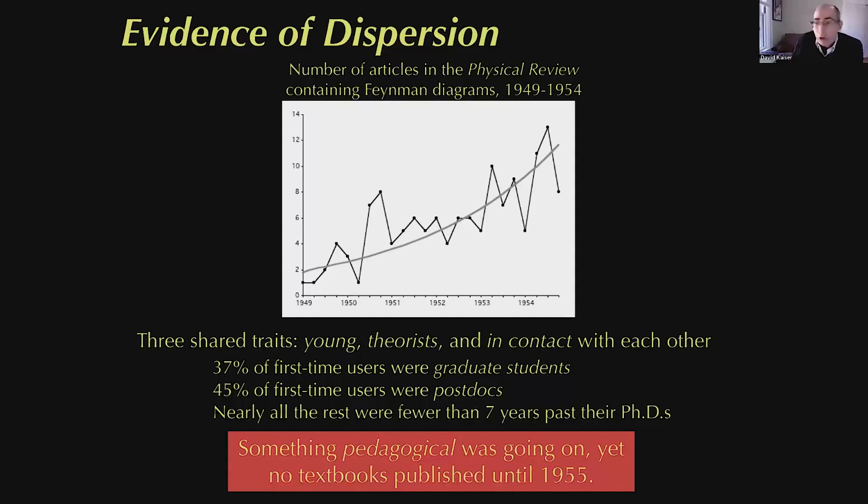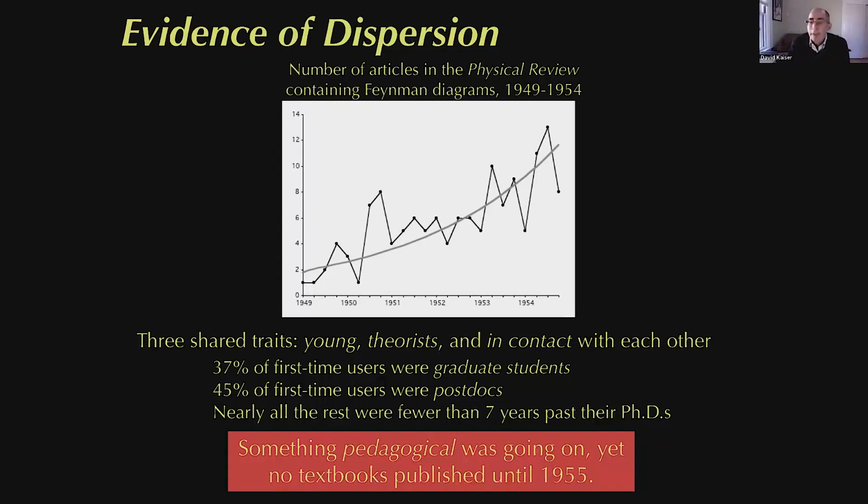So firsthand, they were all young in their careers, which is to say they were all either graduate students or postdocs, for the vast majority. A few of them were kind of assistant professors. They were all still fairly early in their training or careers. They were all theoretical physicists in this early period. Nowadays, these diagrams are just as ubiquitous among experimental physicists as theorists, but in its early phase, its early kind of exponential rise, it was young theoretical physicists.